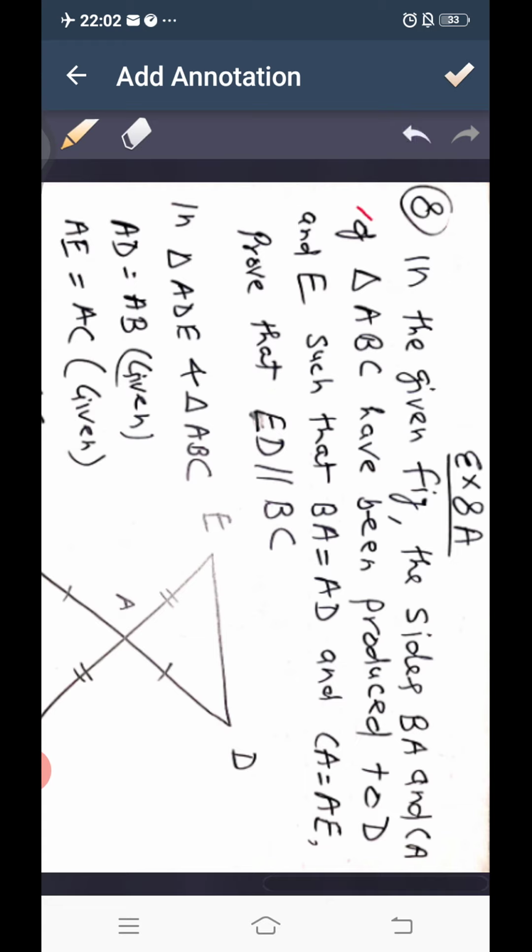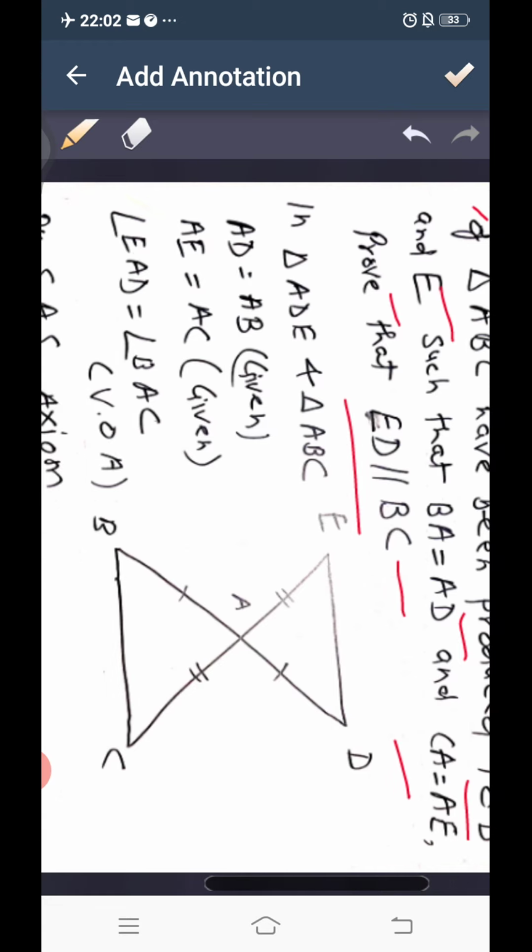Question number 8. In the given figure, the sides BA and CA of triangle ABC have been produced to D and E such that BA equal to AD and CA equal to AE. Prove that ED is parallel to BC. Here we can see these two sides BA and CA are produced to E and D like this, in such a way that